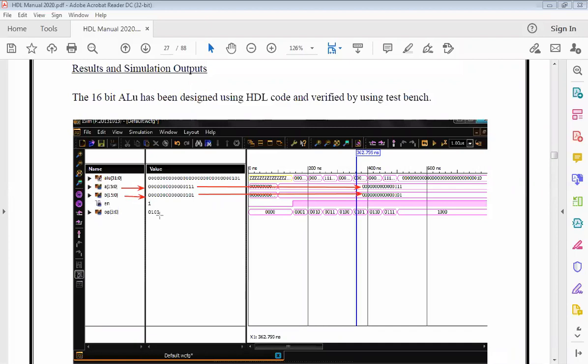Whatever operation it refers to is performed on both A and B, and you can see the final result in ALU. So this is how you execute and you check.